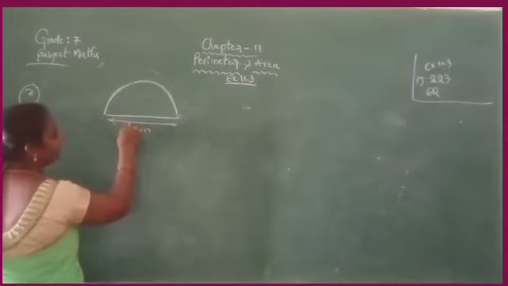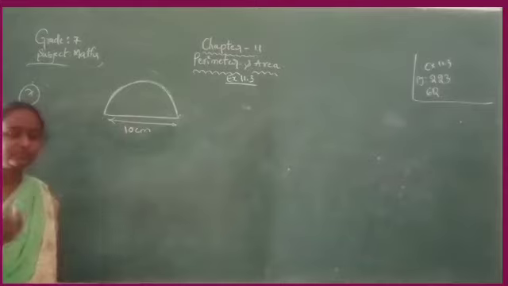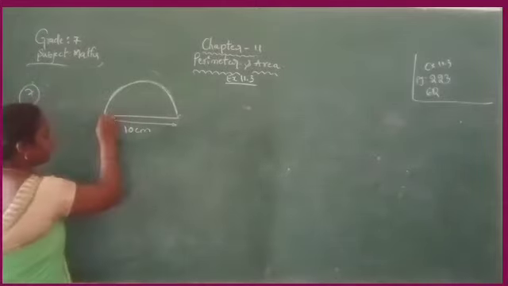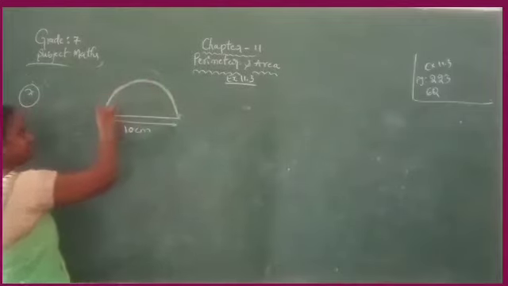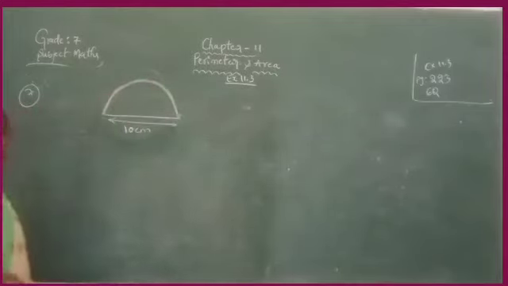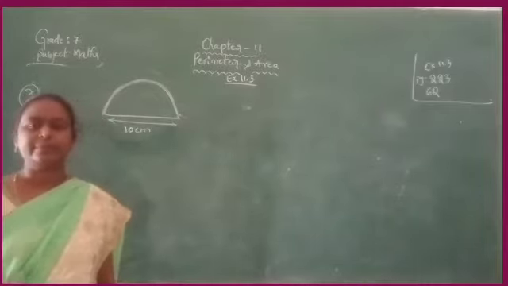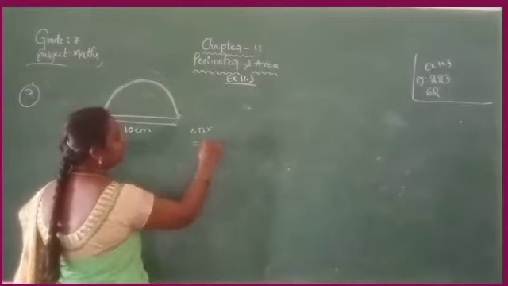Then how will you find the perimeter of this semicircle? We know that here diameter is 10. Okay. Perimeter is nothing but circumference. Okay. Total circumference is 2 pi r. But here half of the circle, means circumference is pi r. Total 2 pi r. Half means pi r.